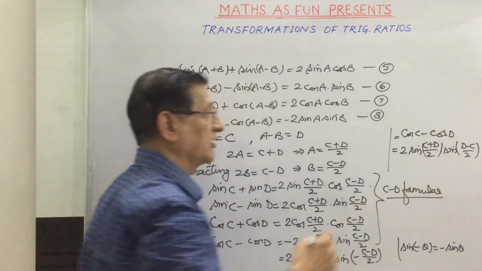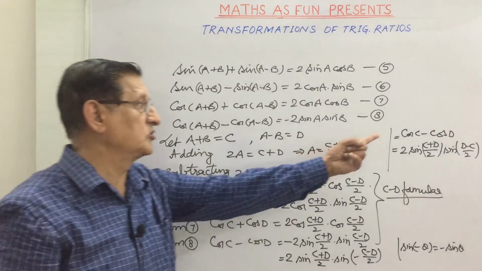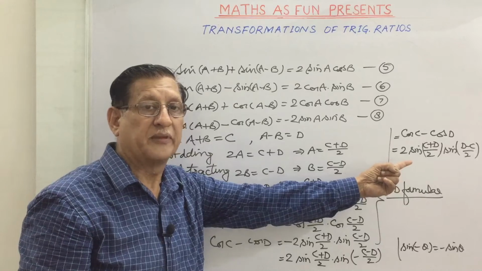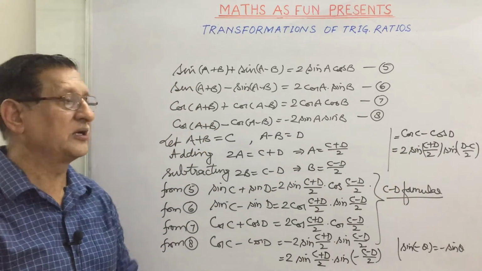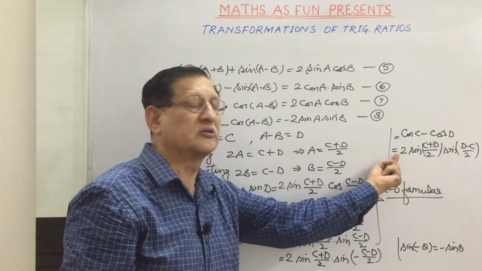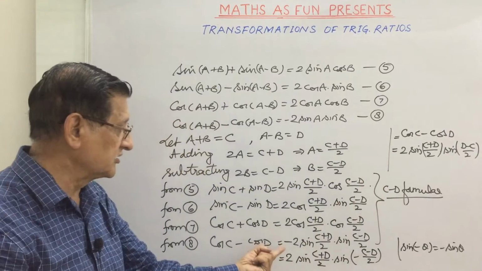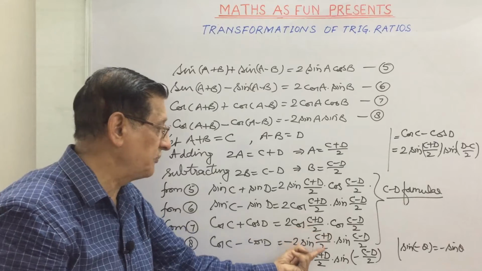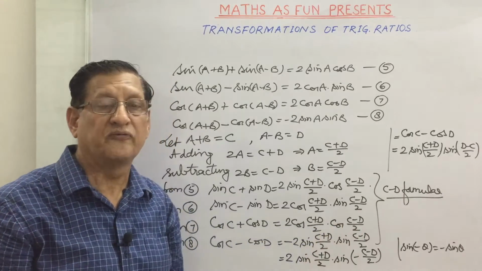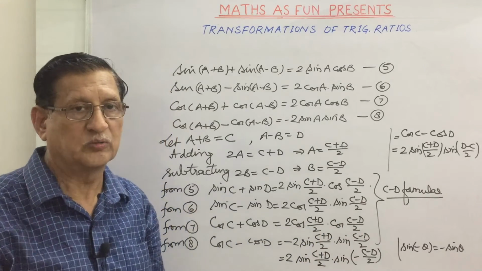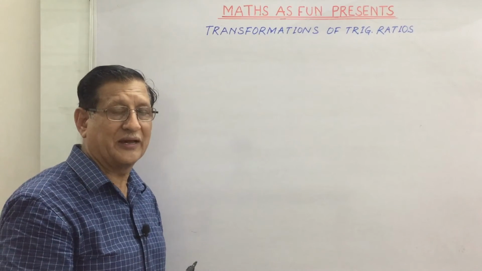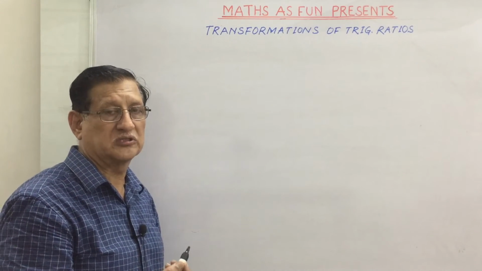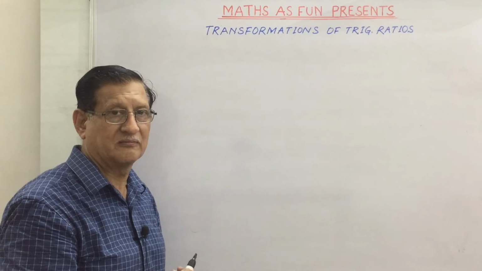So this is the thing we can remember, that in case of cos C minus cos D, the second part is sine of (D minus C) by 2, in case we don't want to have minus here. Or otherwise this can be minus 2 sine of (C plus D) by 2 into sine of (C minus D) by 2. Now we will learn about the product of sine (A plus B) and sine (A minus B) and also cos (A plus B) and cos (A minus B).